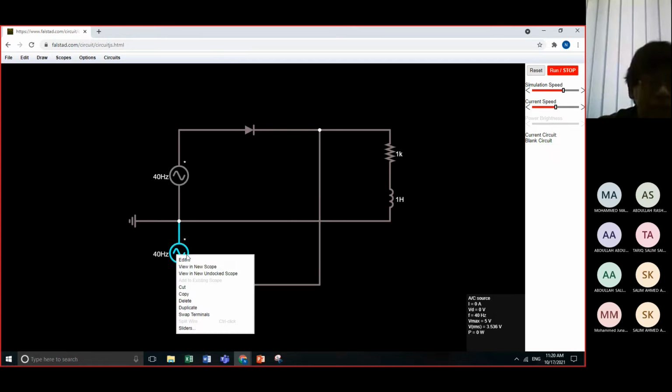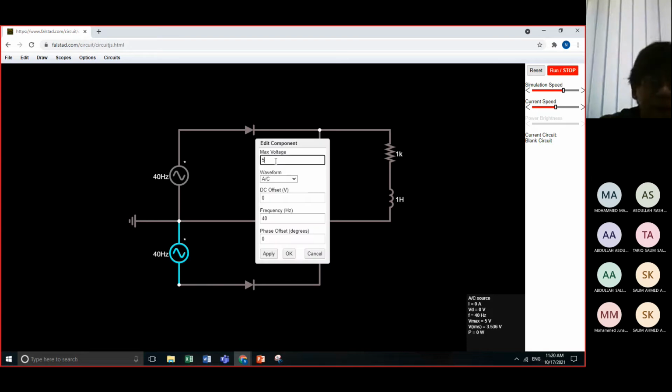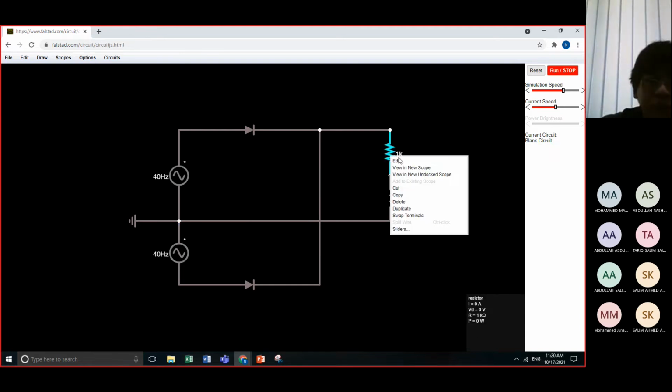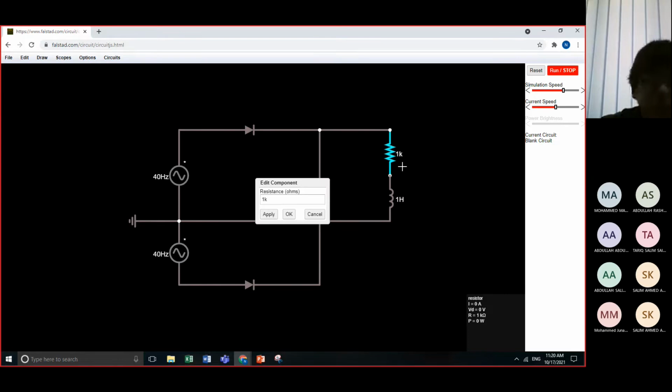Then here also, I will click edit. This is 12 volts, and then frequency is 40, and then click OK. And then the value of my resistor is 200. So 200 here, then click OK.